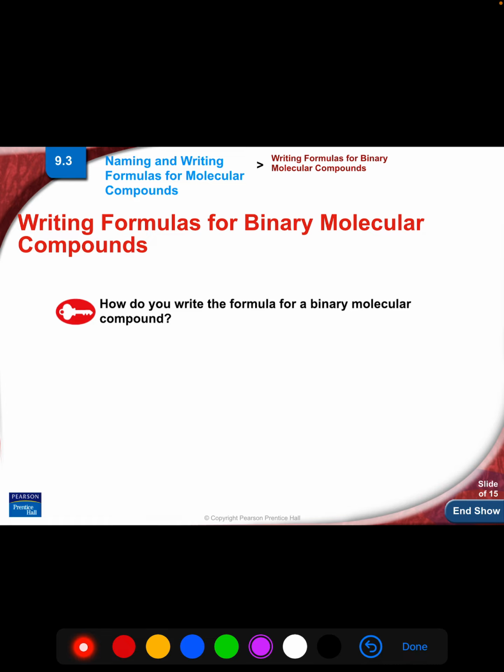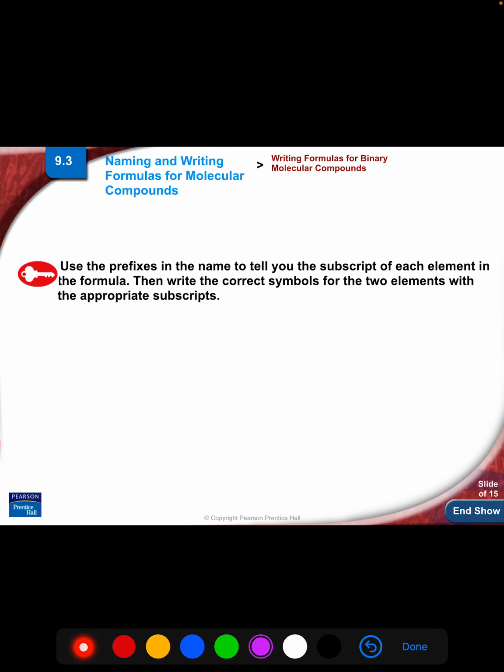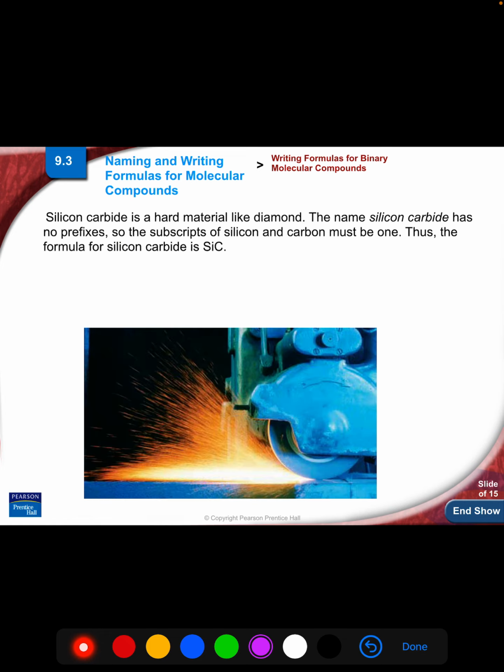So how, given the name of a binary molecular compound, do you write the formula? Well, you use the prefixes to tell you how many of each type of atom is present in the formula, and you simply write the symbols for the elements with appropriate subscripts. Silicon carbide, so we didn't say monosilicon. We could have said silicon monocarbide, but it has its name. It's an unofficial name of silicon carbide. Its official name would be silicon monocarbide, but it's in such common use that we go with silicon carbide,